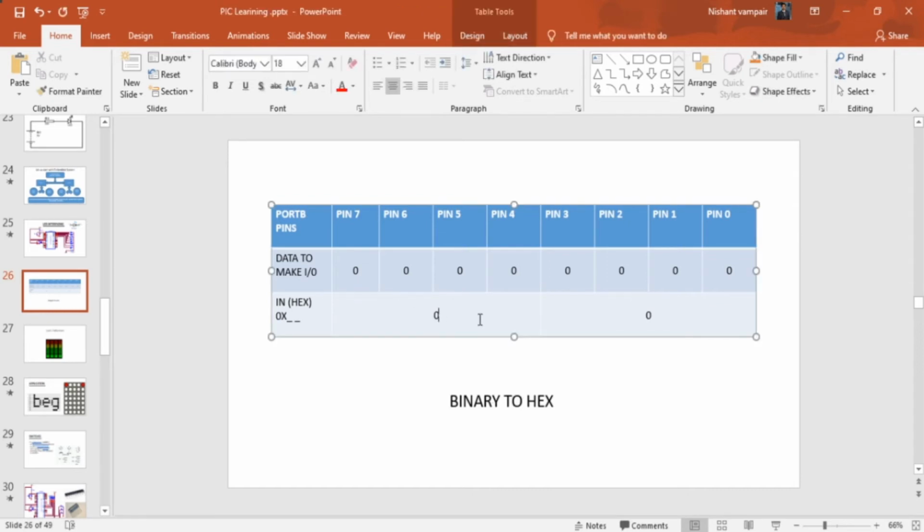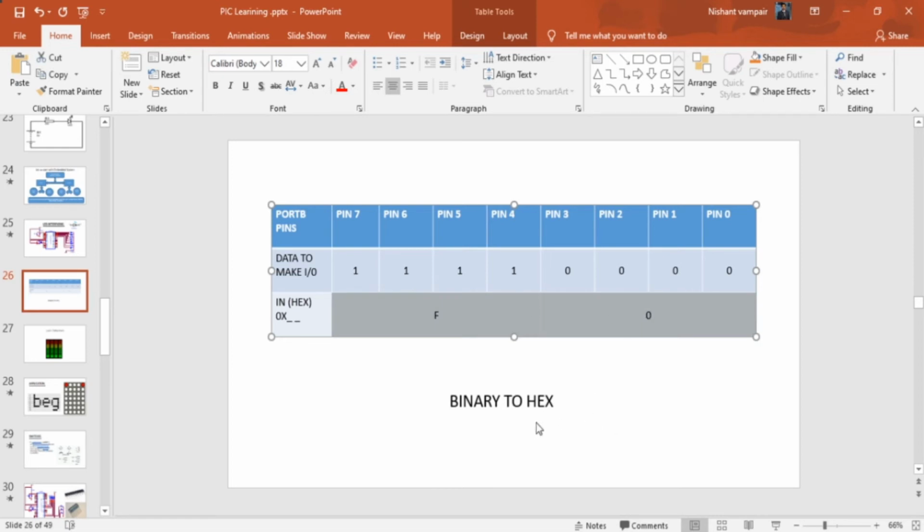Let's suppose we have a project with 4 output devices and 4 input devices connected to port B. Where we have input devices, we need to provide data 1 through the TRISB register on those pins. So now this data becomes F. So our binary data is this, and in hexadecimal form we have F0.